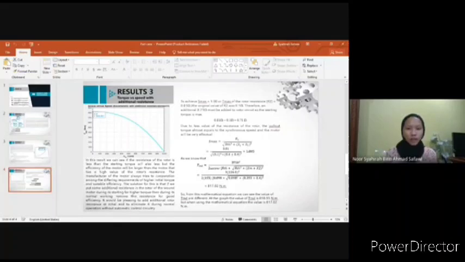So for Smax, we will get 1.005. As we know, T induced is 817.02 Nm. So we can see they are also different between the equation and the graph. That's all for me. Thank you.